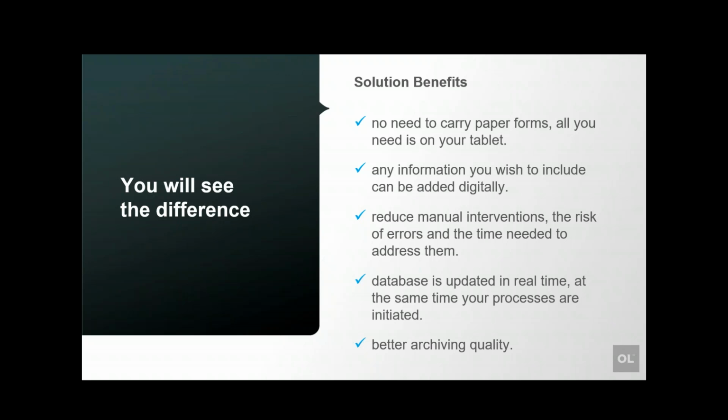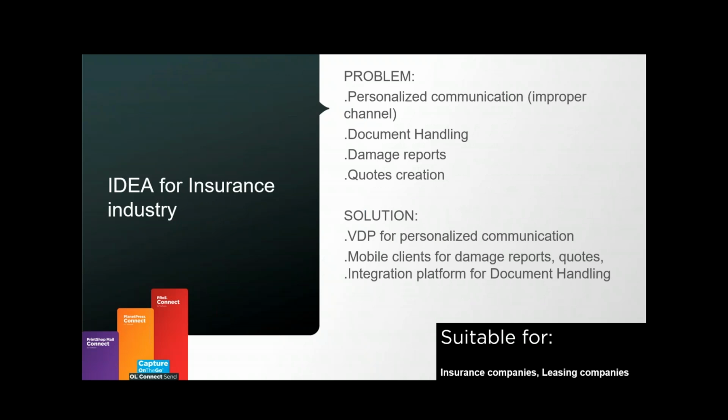So that's one way of using these mobile solutions for field service, for proof of delivery, for logistic companies. I'm going to show you one more example for that, but the benefits are quite huge if we talk about business process optimization. If there are any questions, please feel free to ask, but I'll move on to